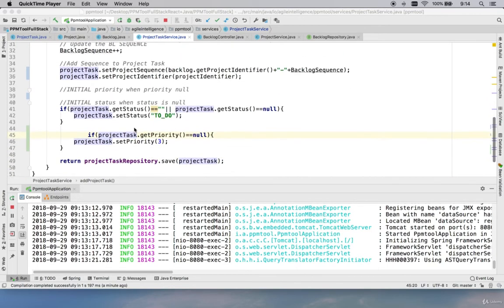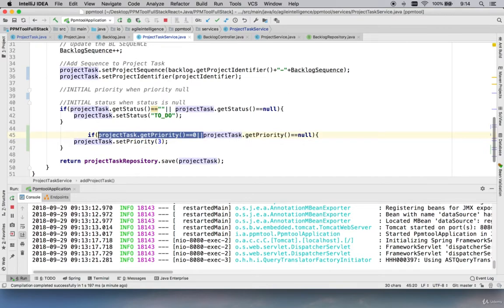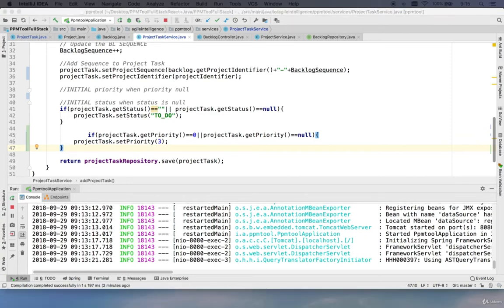right here we had it, and let me just backtrack to replicate the error. Okay, we had it as if the project task.getPriority is 0 or the project task getPriority is null, then set the priority to 3. Okay, and the reason it blew up on us is because